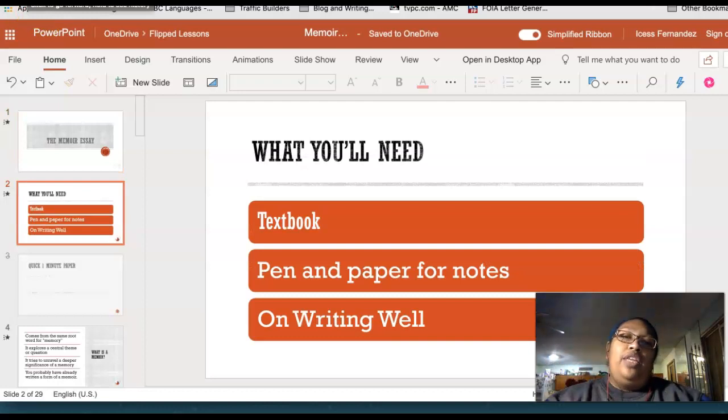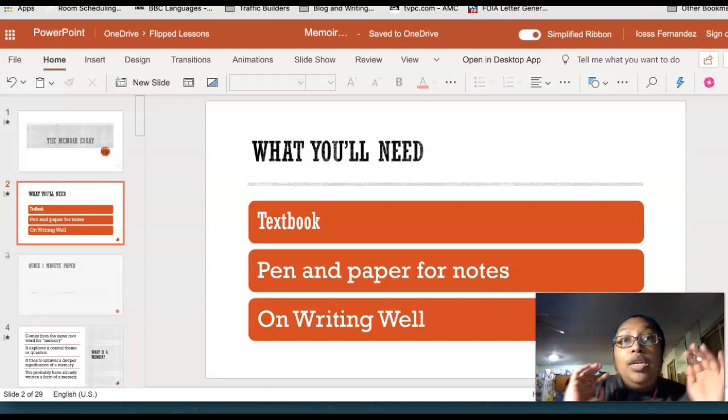So what you'll need for this particular lesson is that you'll need to have read something from your textbook. Maybe you have a particular memoir essay chapter in your textbook. If you are using the Little Seagull Handbook, it's similar to the narrative essay. So hopefully you would have read the narrative essay chapter, and it gives you some tips and tells you a little bit about what that essay is and what it's about.